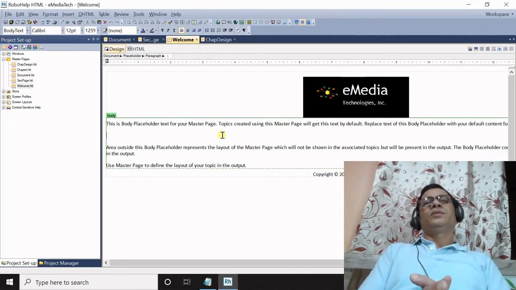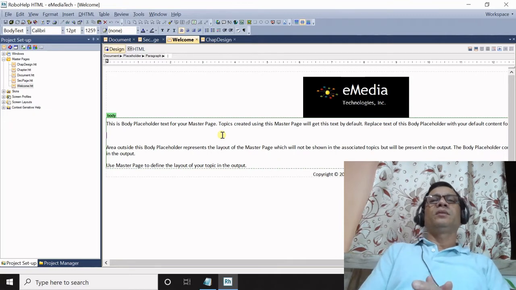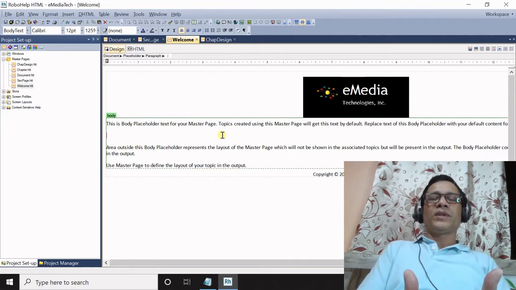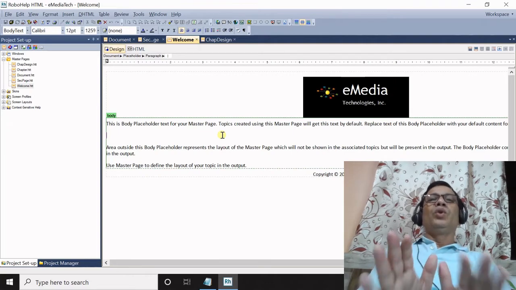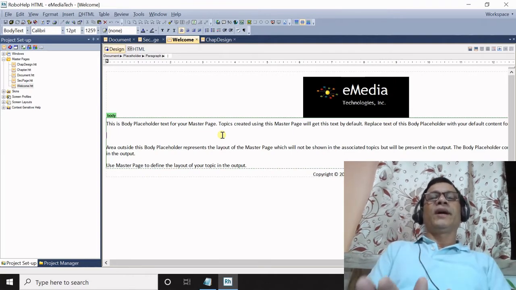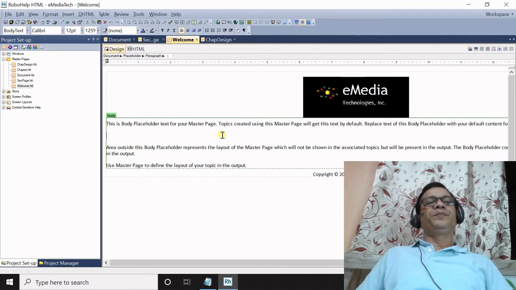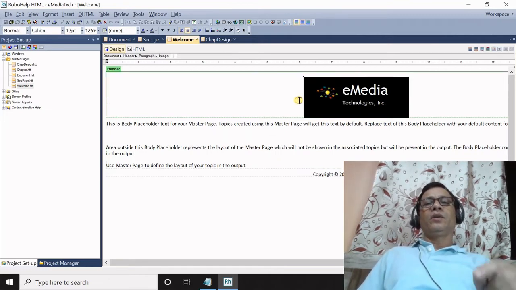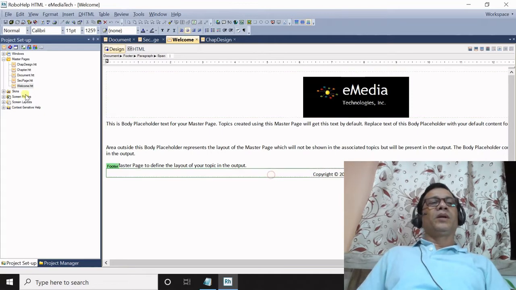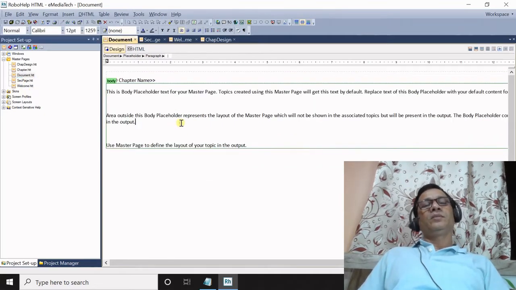Certain sections may have different styles, or certain topics may have different styles. So you need to create your design according to the requirement. For example, here I have added header, body, and footer. But in document design, I have added only header and body.